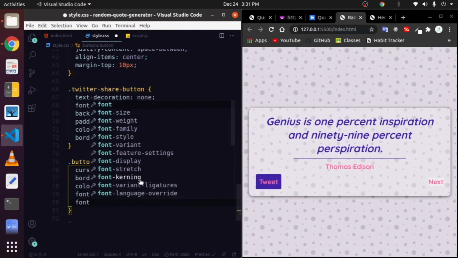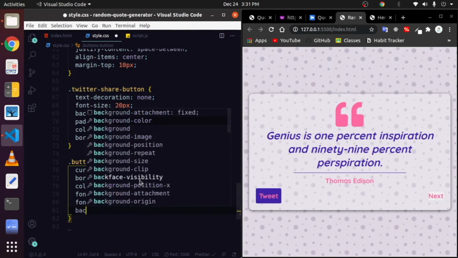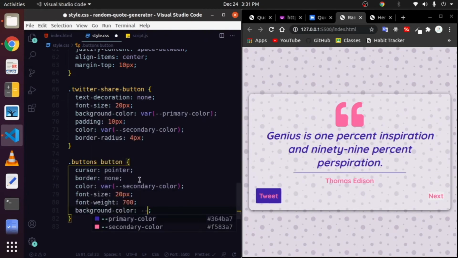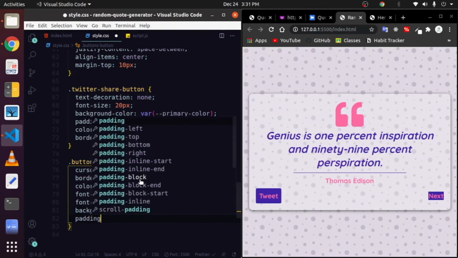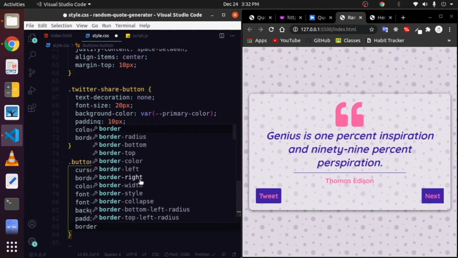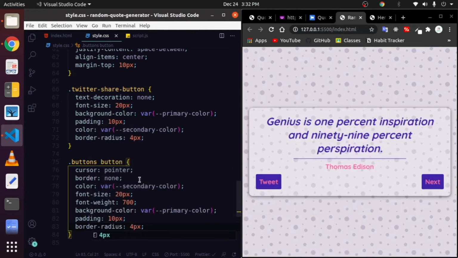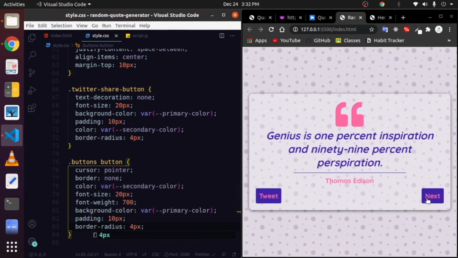give it a font weight of 700, and after that give it a background color of primary like this. Now give some padding around it of 10 pixels, and then make the corners rounded using the border-radius property and give it 4 pixels. Now as you can see, both the buttons look much better than before, and our whole UI looks